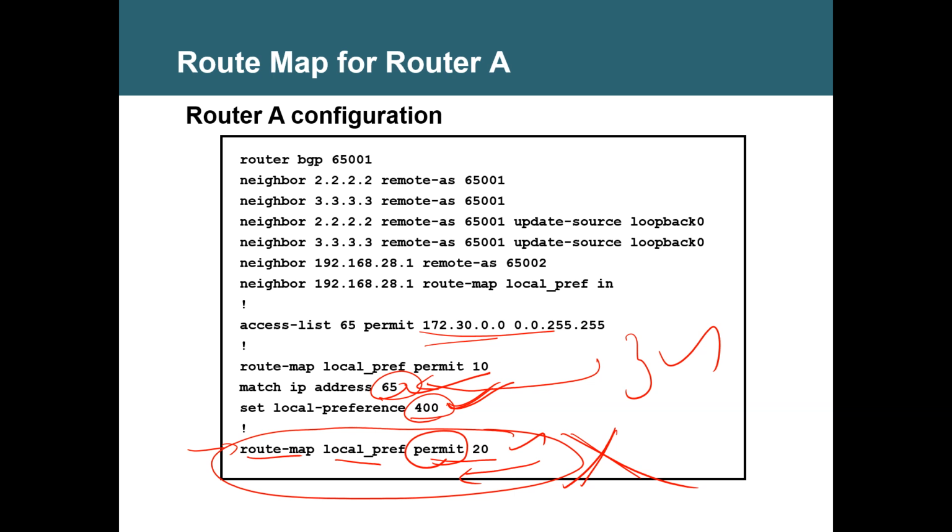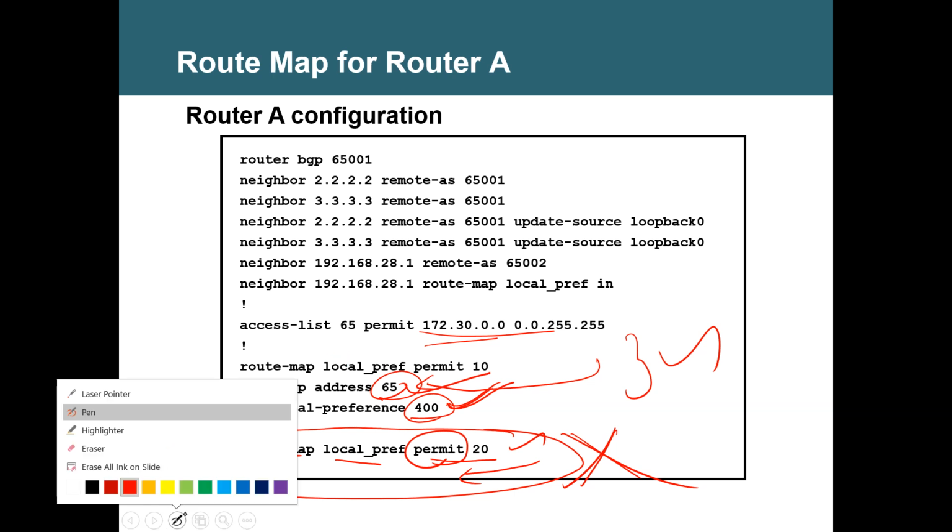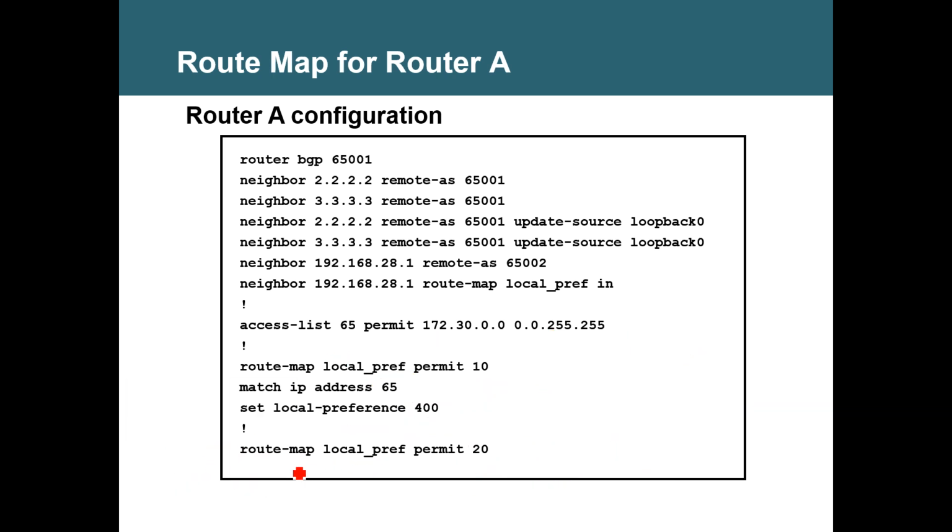Router A won't learn it because router A has not accepted it. It's like an access list. When you write an access list, do you have an implicit deny? Yes. To override that, what do we do? We say permit any. You remember? Yeah. So that all others will be permitted. If not, there is an implicit deny denying other sources in the access list. Here likewise, if you don't put this one,